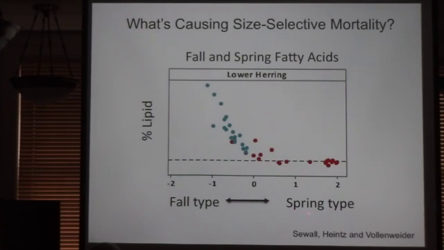These are also some of Fletcher's data, and we're looking at the fall type fish and the spring type fish. So the fall fish that are more energy dense in comparison with the spring type fish actually have a different fatty acid signature, and so that's what we see between the blue and the red here. So the fish in the spring are foraging, and that's what's driving their change in the fatty acid